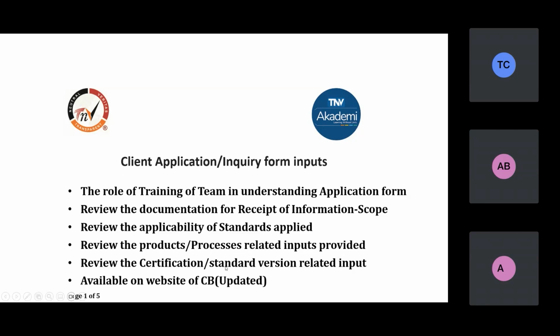Sometimes a standard is going to become obsolete, or no longer valid. For example, in October 2025, the ISO 27001:2013 standard will be invalid. So if somebody is applying in July or August 2025, this needs to be seen very clearly and carefully, and our team needs to be trained on that. If they have applied for the old 2013 version of the standard, there are going to be problems because the standard will immediately be revised.